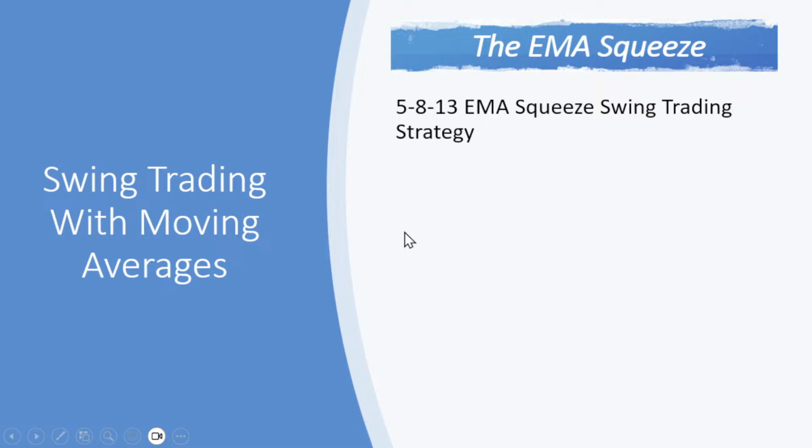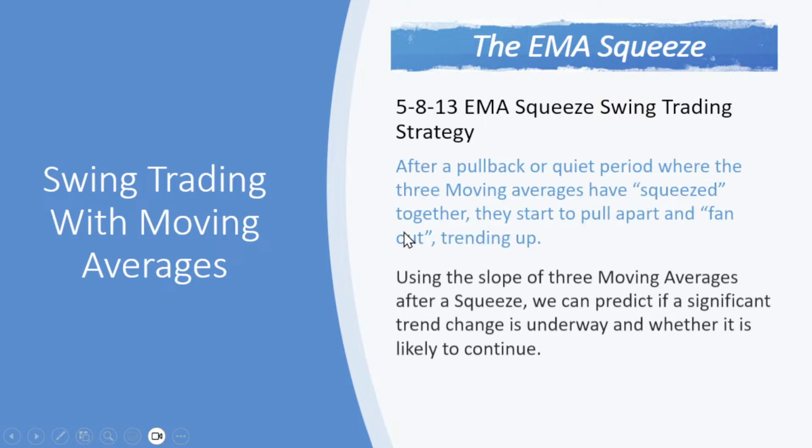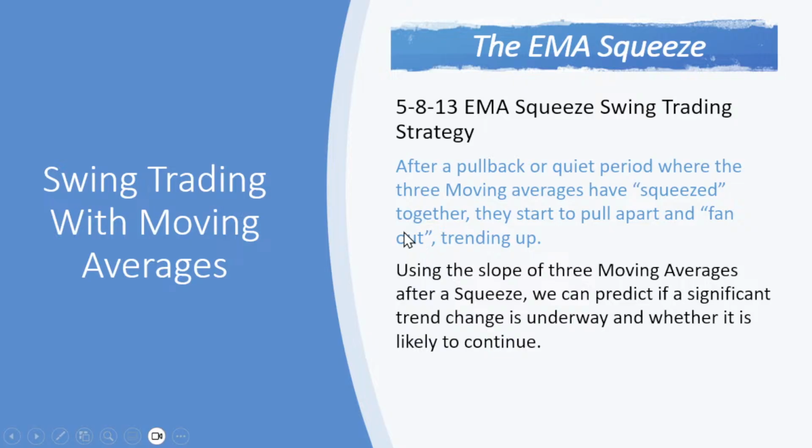But so now let's get tactical. One of the most effective setups we teach is what's called the EMA squeeze trading strategy. So here's the idea. We use a 5-day EMA, an 8-day EMA, and a 13-day EMA. And we look for those 3 EMAs to squeeze together during quiet pullbacks. Then they fan out and trend up. That squeeze and release pattern is your clue that a breakout is likely and that a continuation is likely.